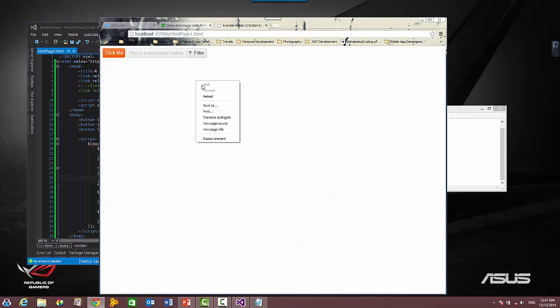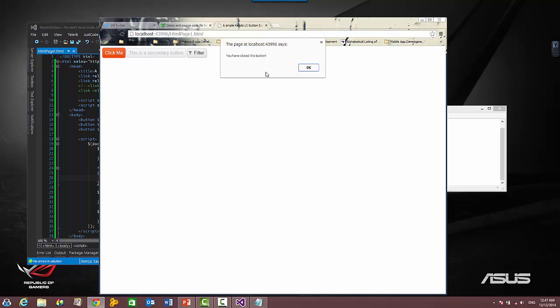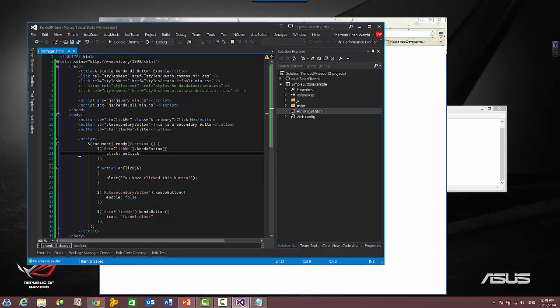And we'll save the file, and we are going to refresh the page. There, you see it. So that is really easy, and yep, that's all it takes to get started on Kendo